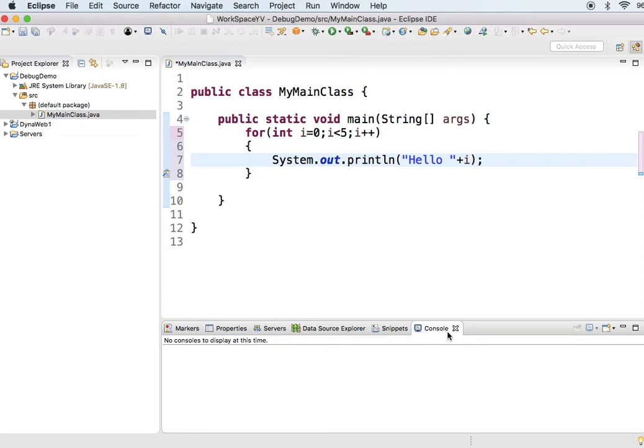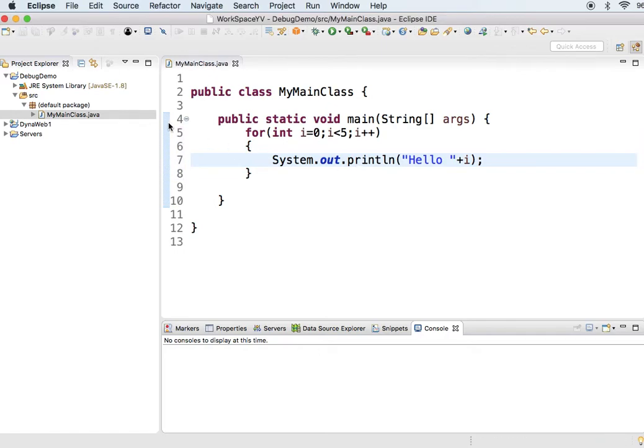Here, in the bottom part of this Eclipse window, it will print hello with the value of i. It means the first time the value of i is 0, then it is 1, then 2, then 3, then 4. When it becomes 5, it will come out of the loop. I expect 5 lines of output when I run the program. So it's a very simple thing.